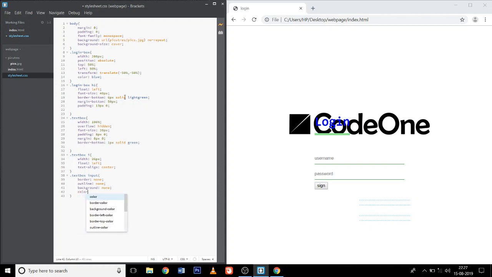Color should be white, so I will give some aqua, and then font size 18 px, semicolon,